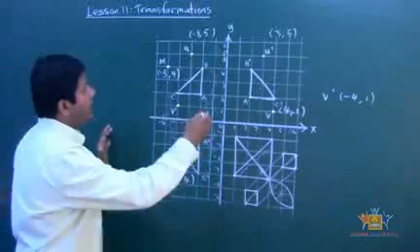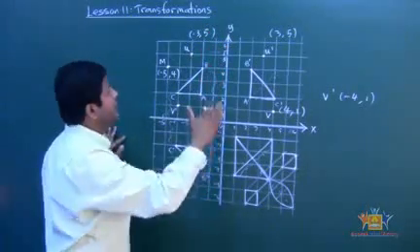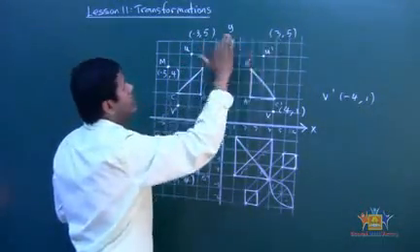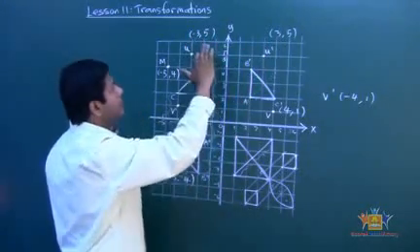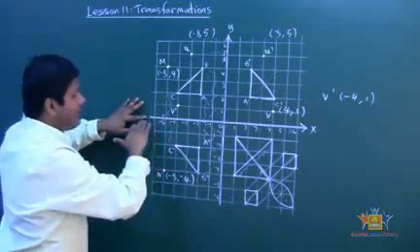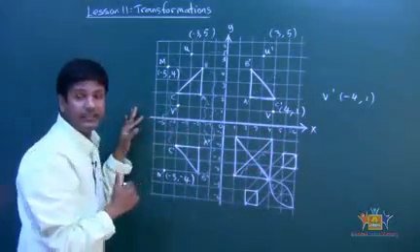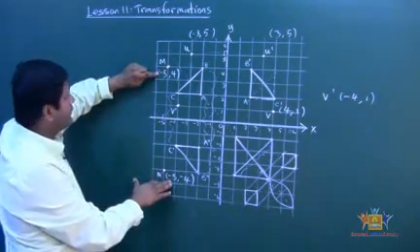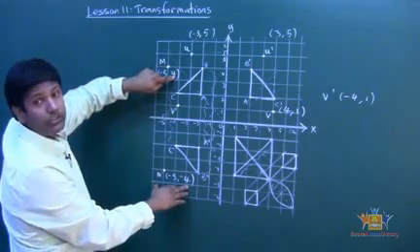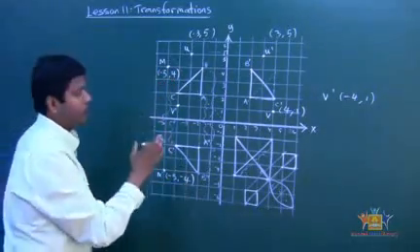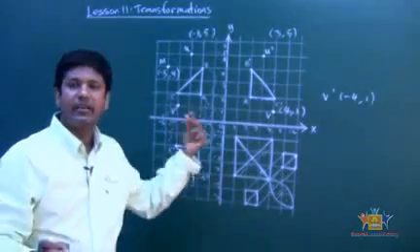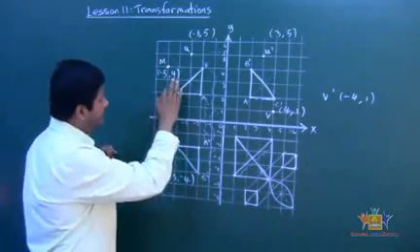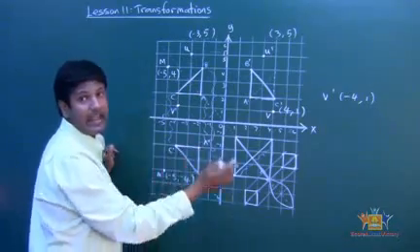See the opposite. When I had the y-axis as my axis of reflection, negative 3 and 5, 3 and 5. Which one changed? The x coordinate changed. See that? Negative 3 became positive 3. But look at the y, it never changed. But now when I changed the axis of reflection to the x-axis, negative 5, negative 5. Positive 4, negative 4. Who's changing now? The y. So when you're reflecting on the x-axis, x remains the same. It's only the y that changes. In other words, if it's a positive y, it becomes negative y. If it's a negative y, it becomes positive.